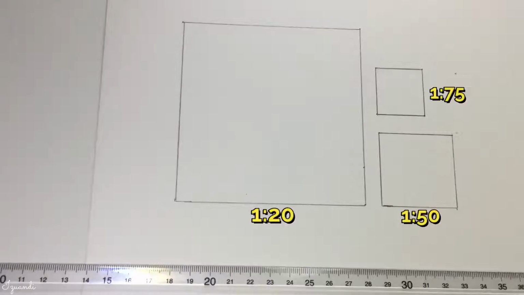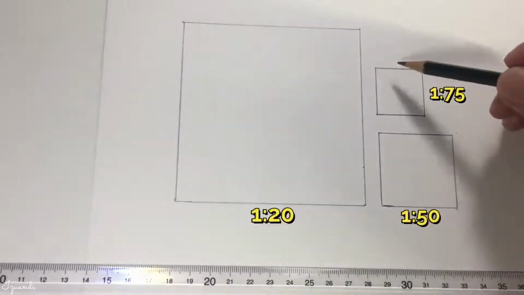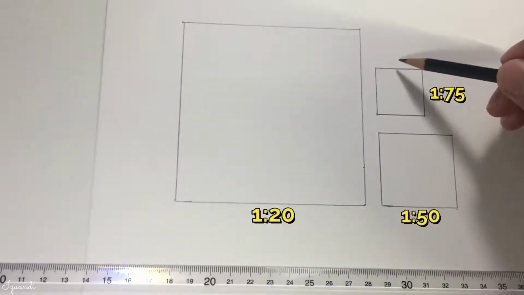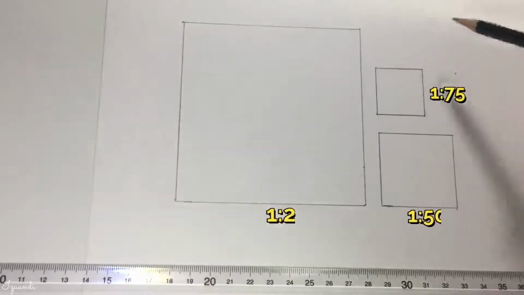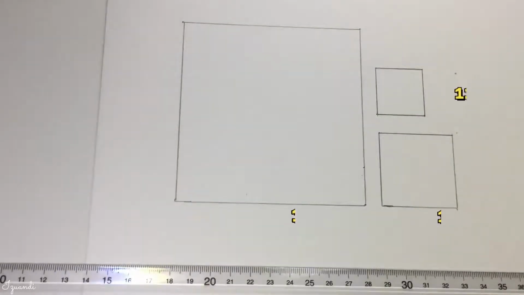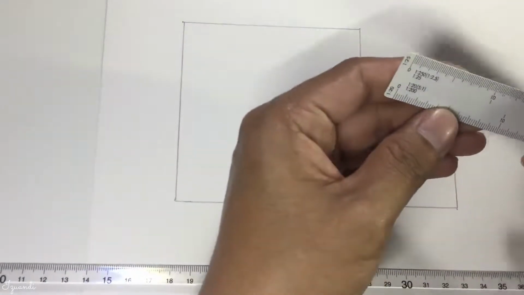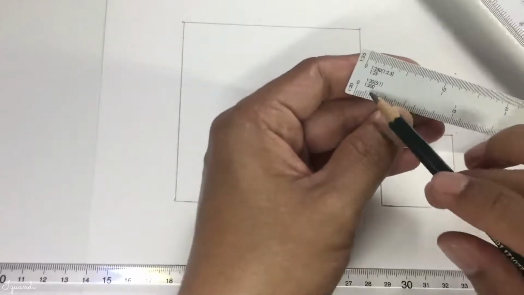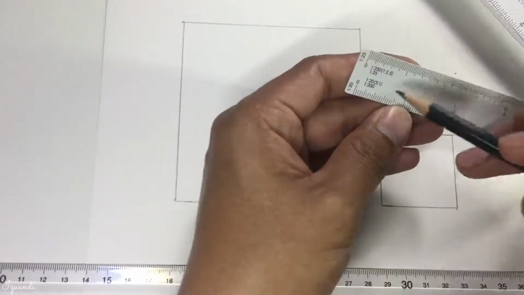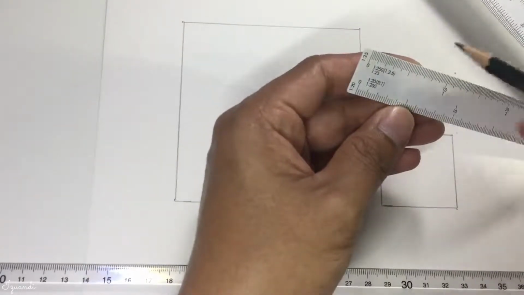Okay, so let's say that you use 200, meaning that the 2 meters will be getting smaller, like this. If you use 200, this is going to be 2 meters.